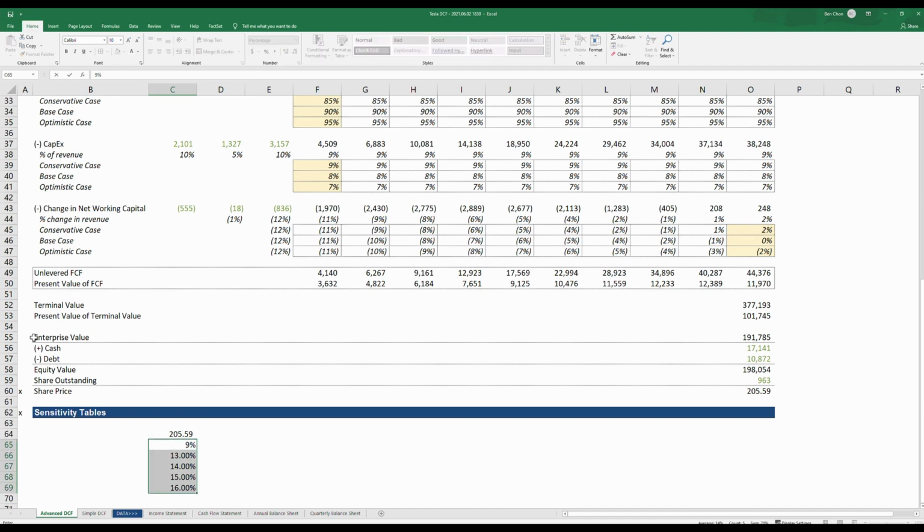I'm basically building out the WACC part of the sensitivity table. I'm showing a range of what our share price will be from 12% to 16%. On the top row, what you're seeing is the sensitivity for our terminal growth rate, and we're going to be looking at what our share price is if we have a terminal growth rate of 2% to 3%. So what you want to do is go to the data tab, then What-If Analysis,